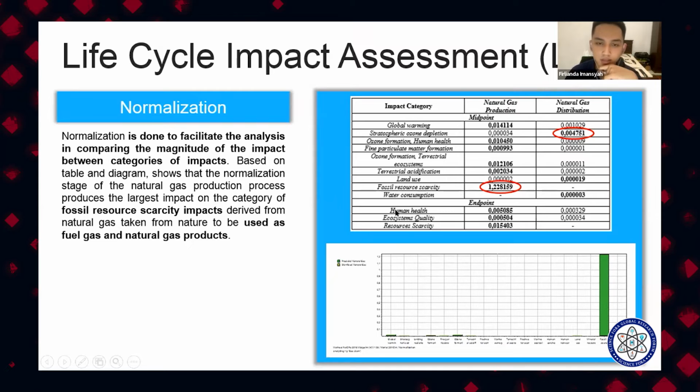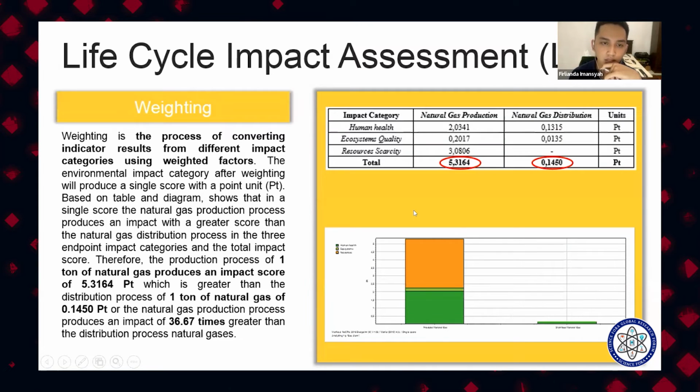The third sub-step is weighting, the process of converting indicator results from the different impact categories using the weighting factor. The environmental impact categories after weighting will produce a single score with a point unit. Based on the table and diagram, in a single score the natural gas production process produces an impact with a greater score than the natural gas distribution process in the 3 endpoint impact categories and